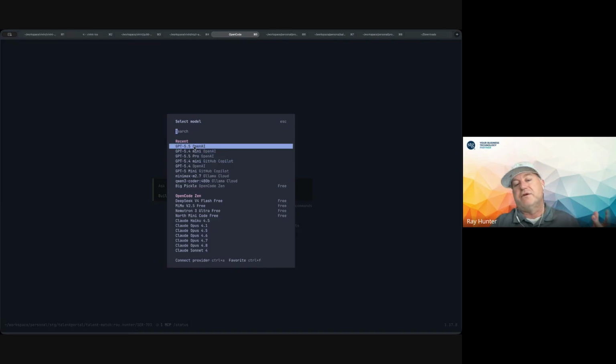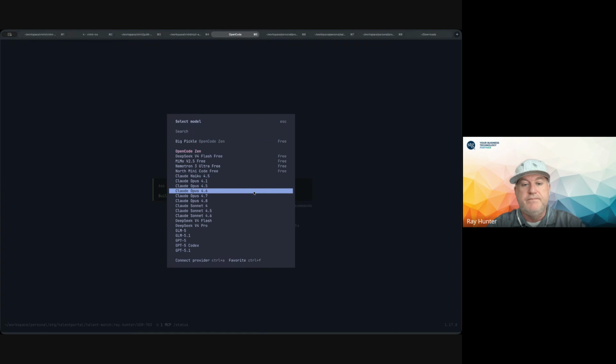Recent is across all your sessions. So any session that you have, it'll open these up. That's why you see Ollama Cloud and some of these other ones. It'll tell you if the model's free. You can use those. And then it will break it up, and here's my GitHub Copilot, here's my Google, and then Ollama Cloud. It actually allows you to move through those. And then here's my Open Code Go that I can move through.